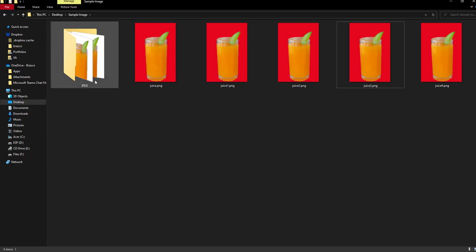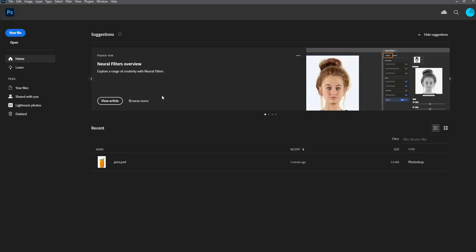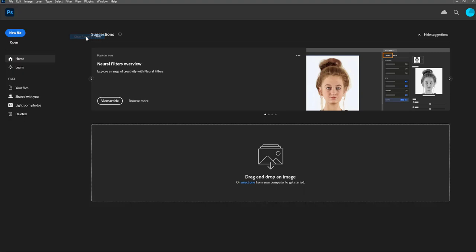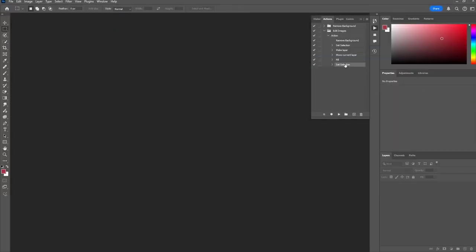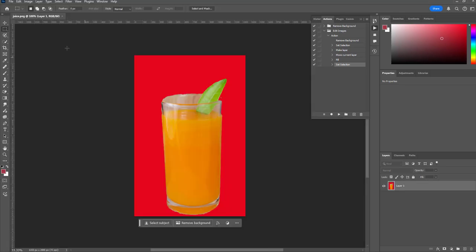So let's try to edit the action, and let's save it as JPEG. I'm not sure if it will work.